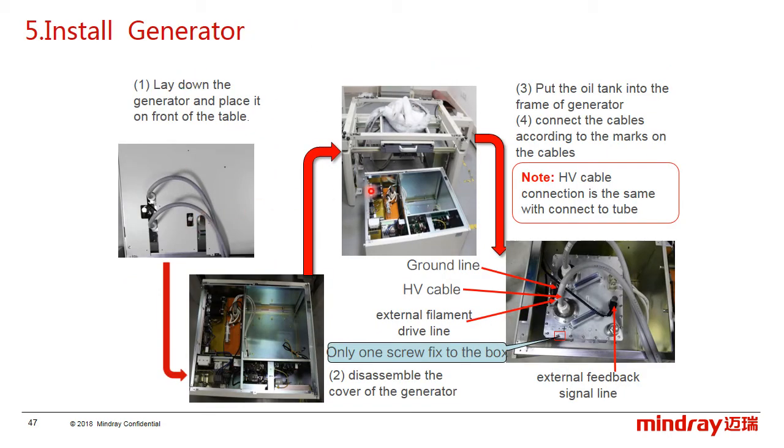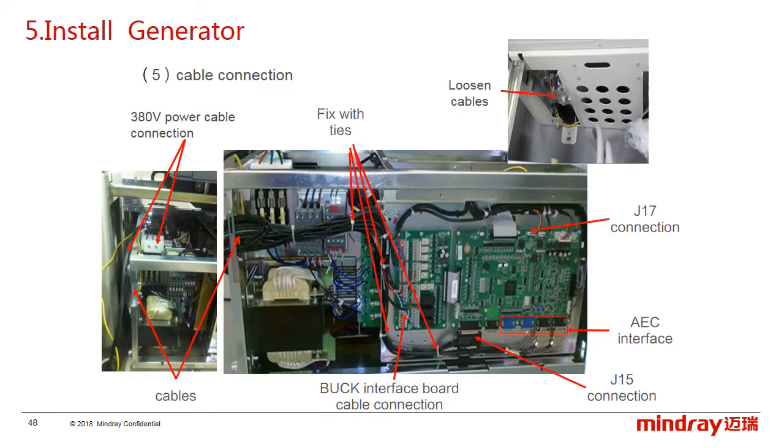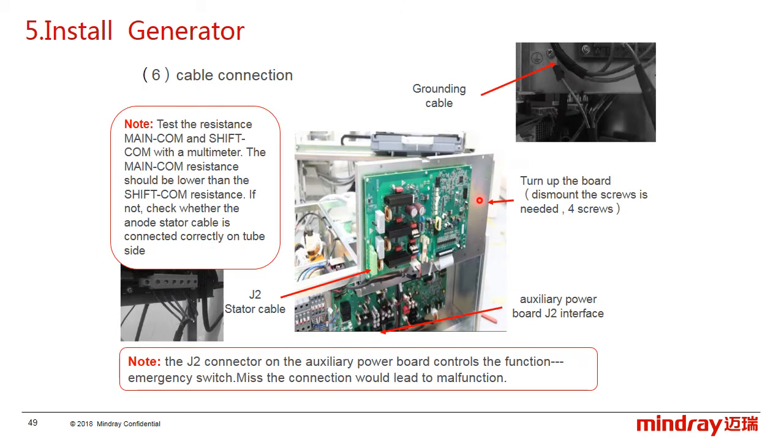First, lay down the generator and place it in front of the patient table. Second, disassemble the cover of the generator and put the oil tank into the frame of the generator, and then connect all the cables according to the marks on the cables. Next, connect the cables. The power cable here and the others connect to the different boards according to the label. After connecting all the cables,